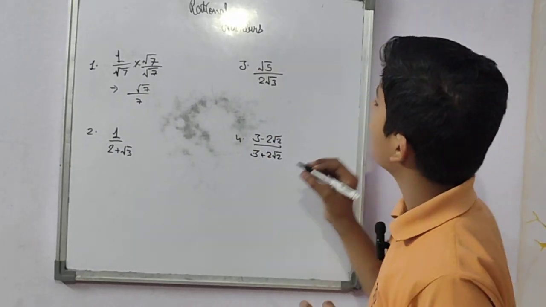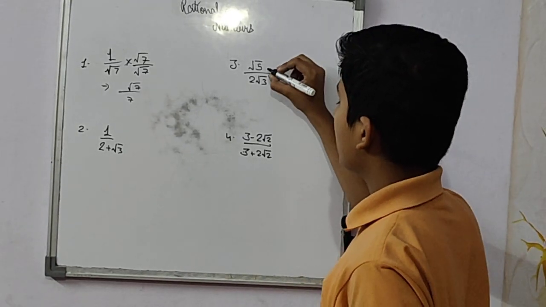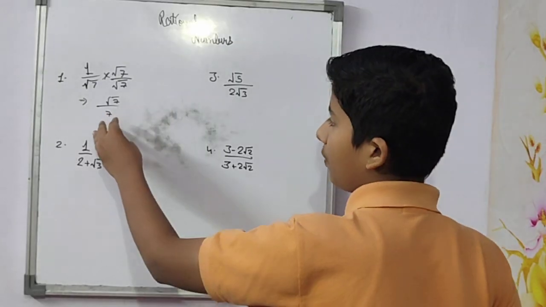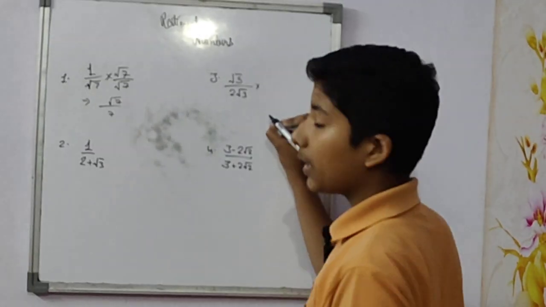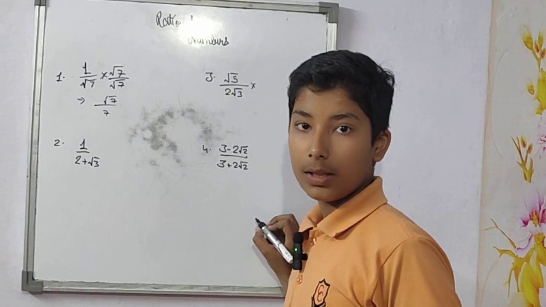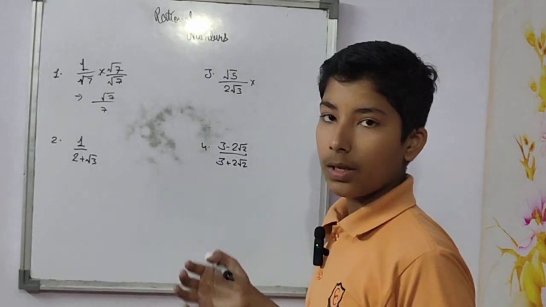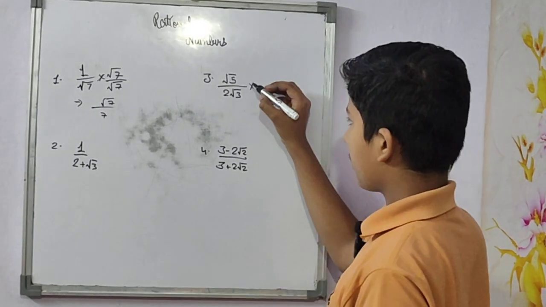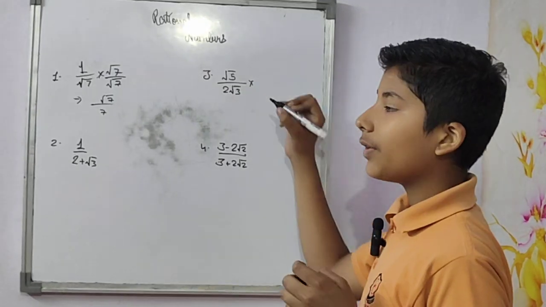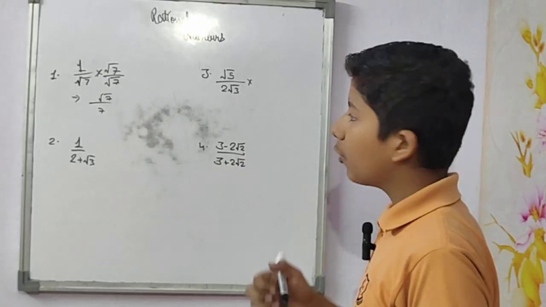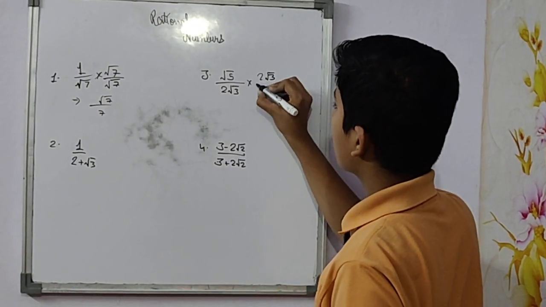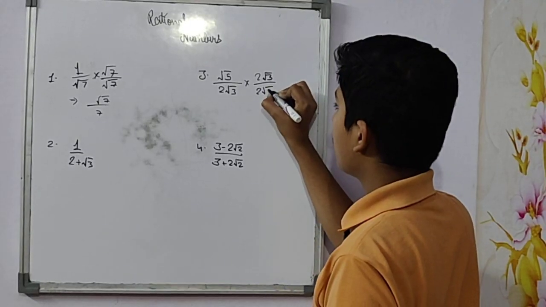So don't get confused, we have other examples also, where we have to take the same number as the denominator. But if there are two terms like this, I'll explain what you have to do in that case. Okay, so let's come to this question firstly. As I told you, we have to take our new denominator only. So 2 root 3 divided by 2 root 3.